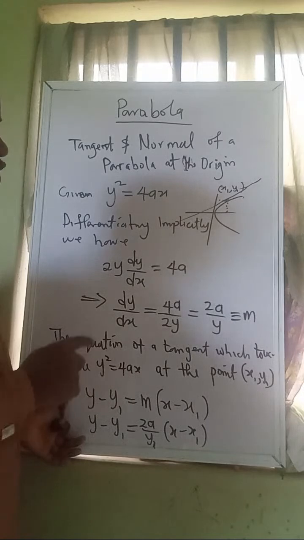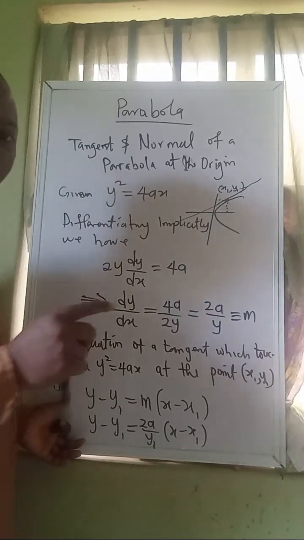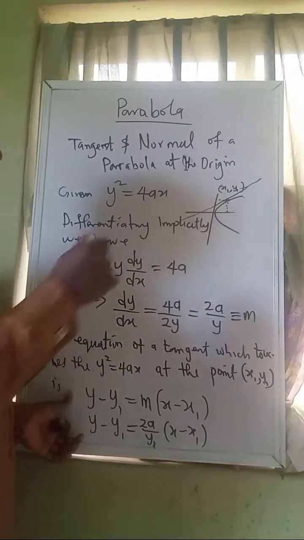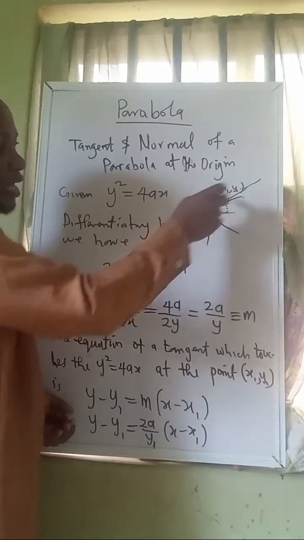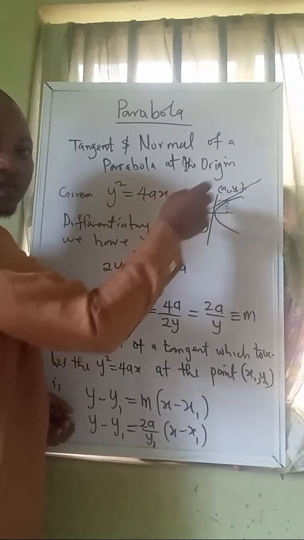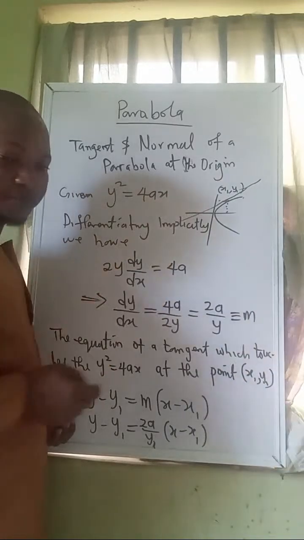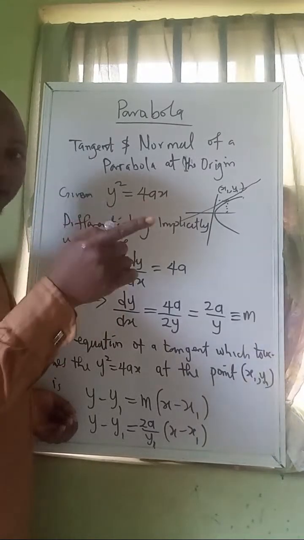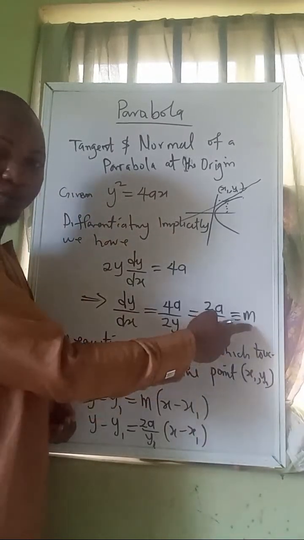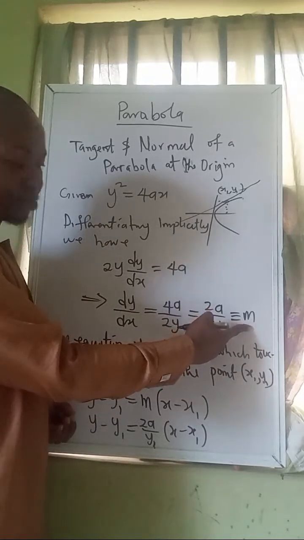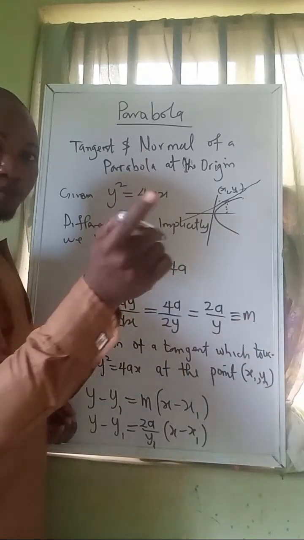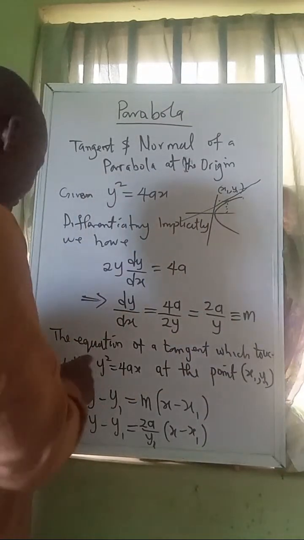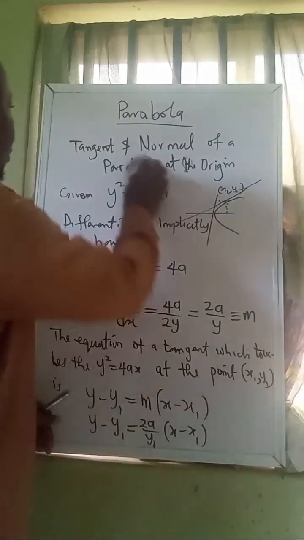Now for the normal of the parabola. We know that the normal line of the parabola must be a line which is perpendicular to this line. Because of that, it means the slope of that line must be perpendicular to this slope, because this is the slope of the tangent. So the slope of the normal must be perpendicular to this also. And in this case, this will be given as this. So for the normal,